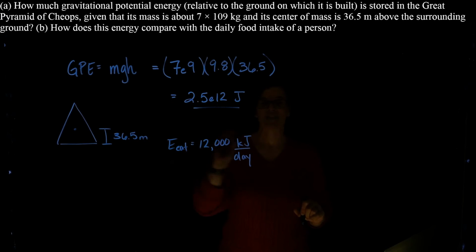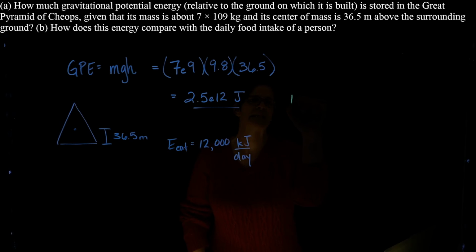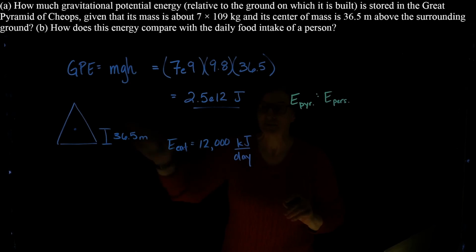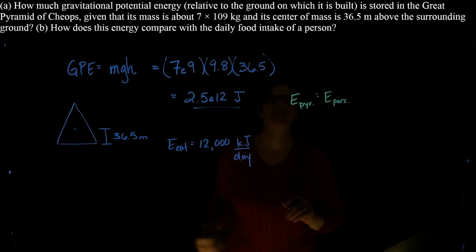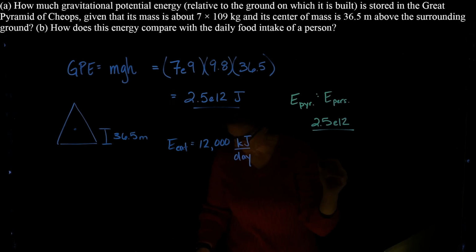So, if that is accurate, and we want to take the ratio of the energy needed to build the pyramid relative to the energy intake of a person, we're going to take our 2.5 times 10 to the 12th divided by